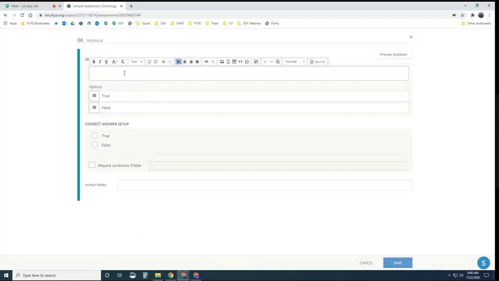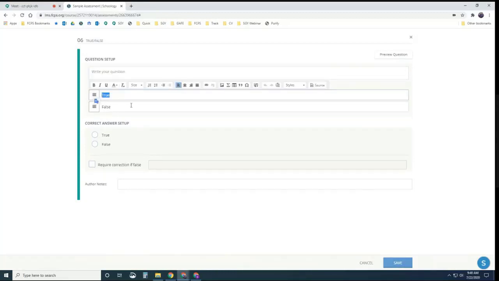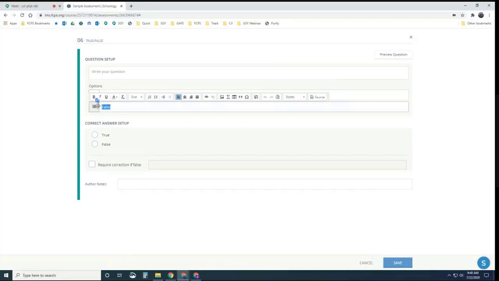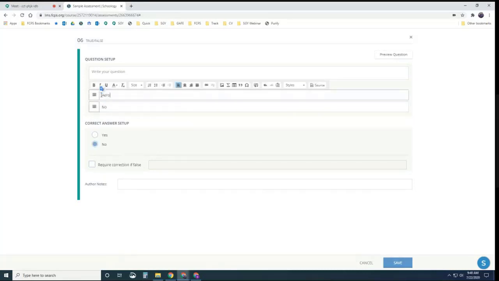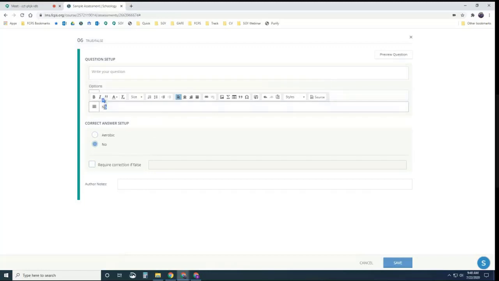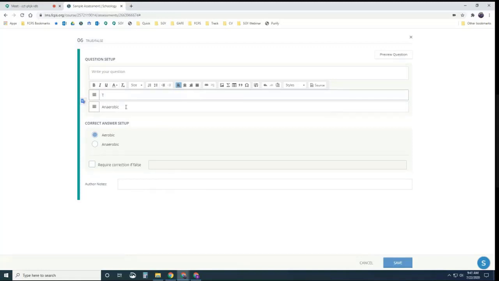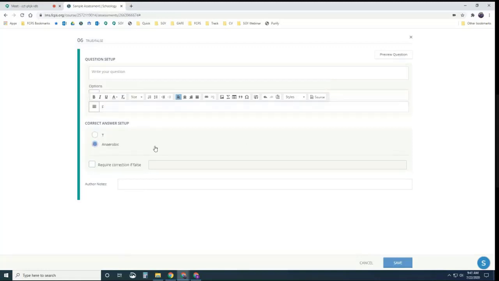So here I can put a question where I have either a true, false response, but I can change these to yes, no. You can change it to aerobic and anaerobic, right? So you can make these whatever you want. It doesn't have to be true, false. But if it is true, false,